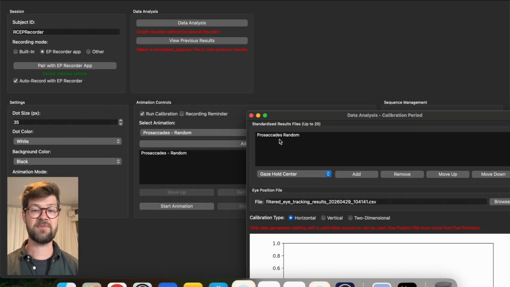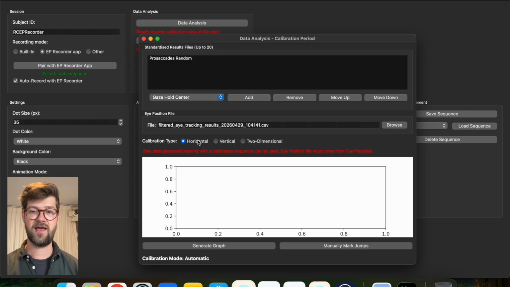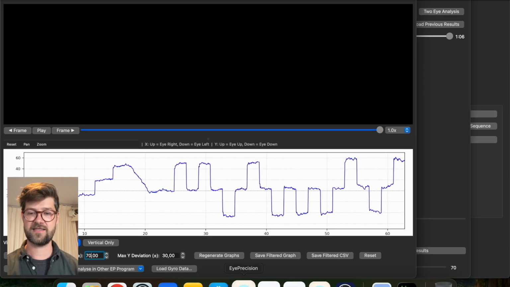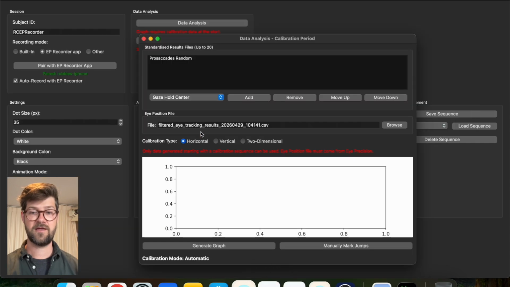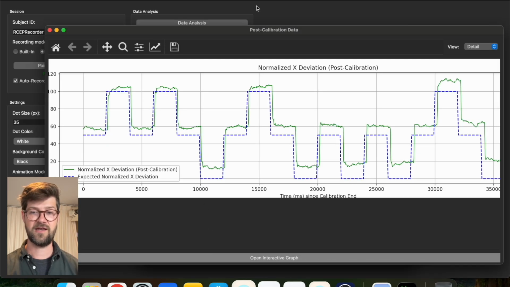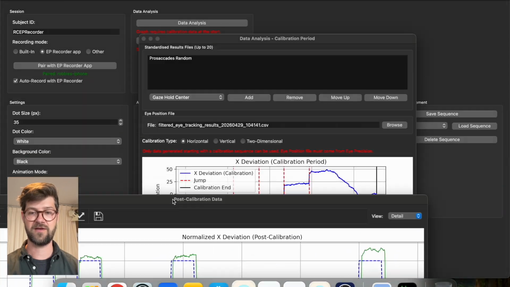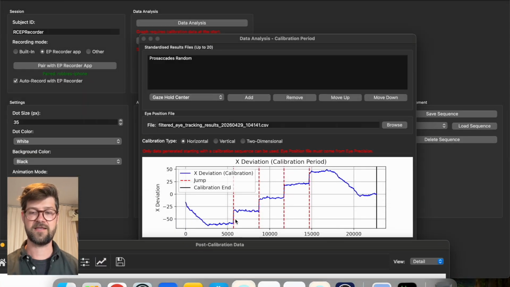It's taken the animations which were still in the queue, and it's also loaded the last saved file that we had down here. Then we check that everything's matching, so we're doing a horizontal movement, not a vertical. As long as everything's matching, we should be able to just click Generate Graph, and it'll give us this results graph. It also gives us this calibration graph, which we can check to make sure it is actually calibrating to